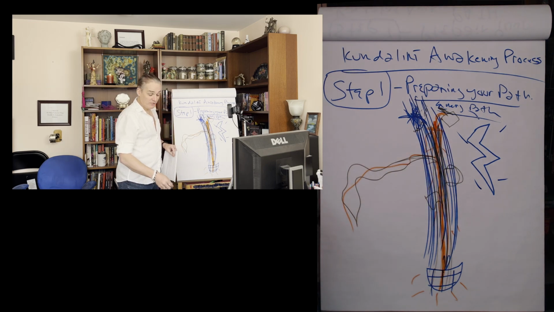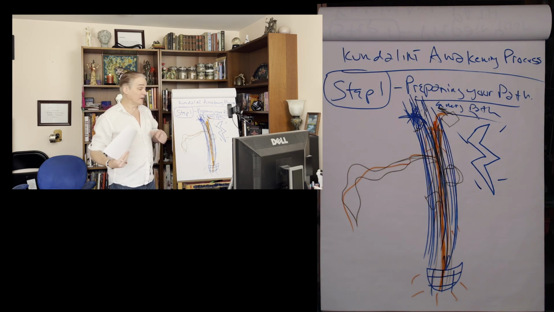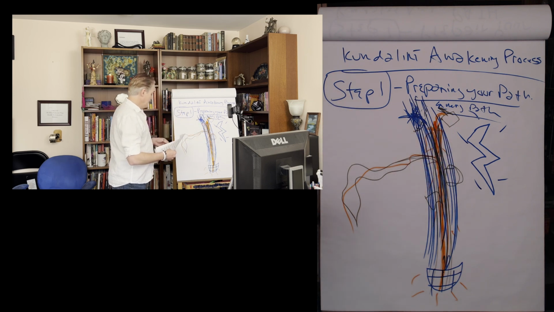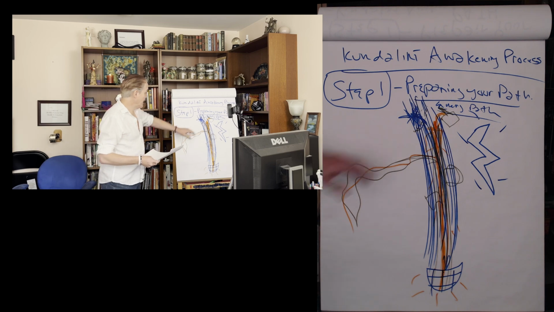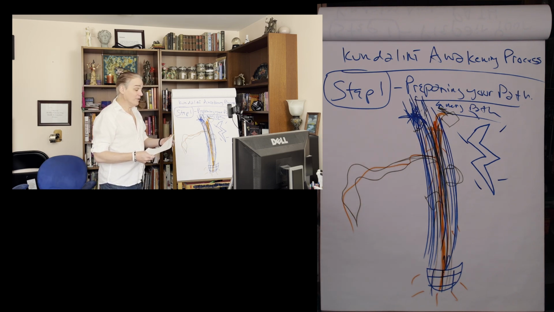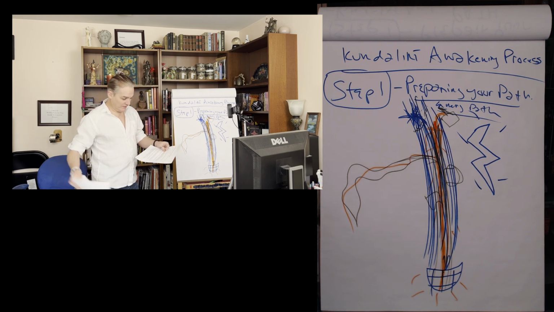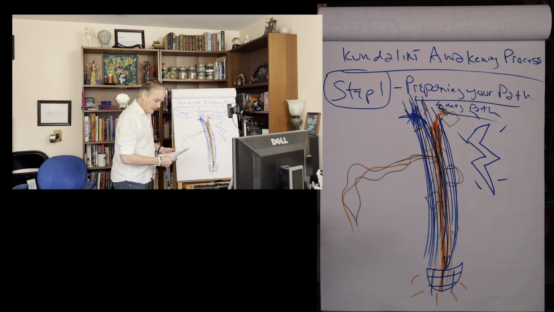Now, are there other methods besides the lightning path? Absolutely. This one will feel like a bolt of lightning going up the spine of your back. And we're actually going to get into that. And that's just you opening the channels. This is the concept of opening the channels. And now we're going to get into how do you do it? How do you actually do this step? And let's get there. Do we have enough space on here? I think we can draw it right here.